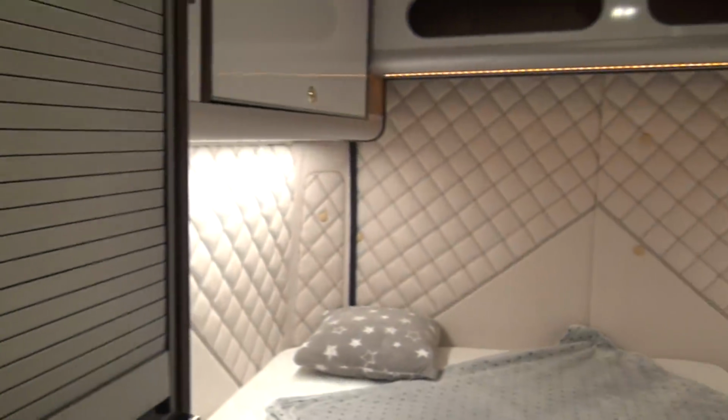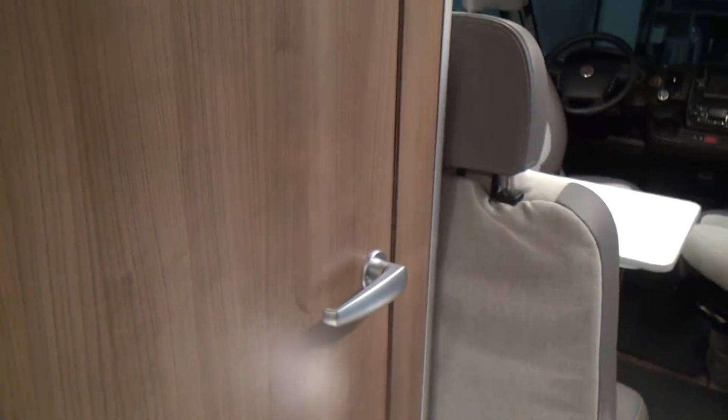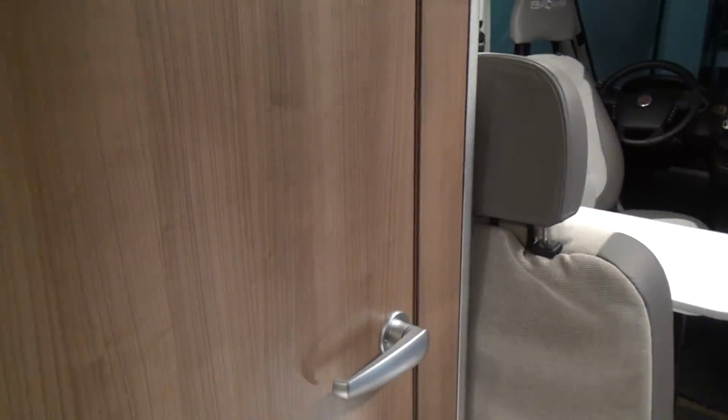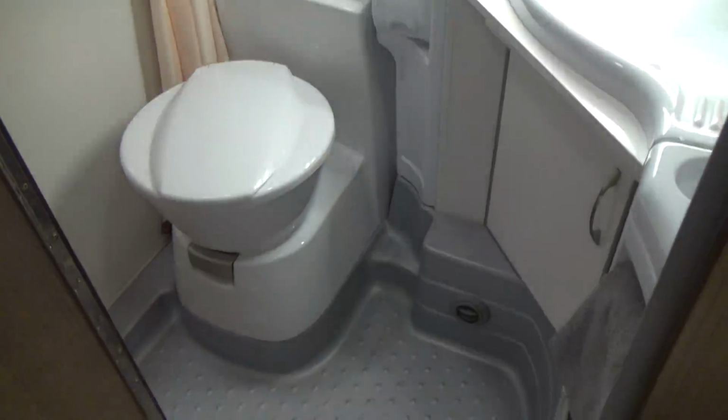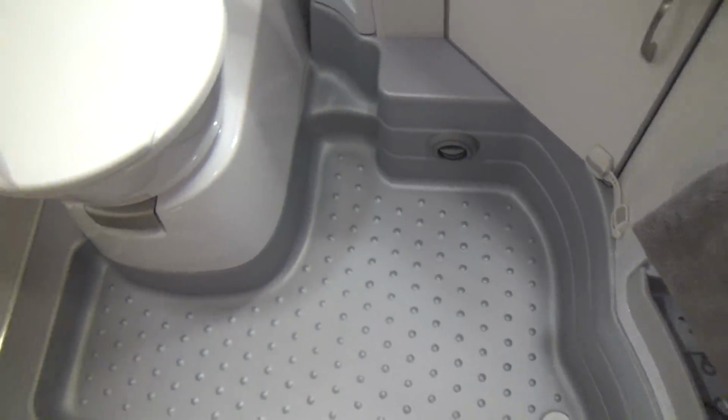Now below we've got cabinets on either side using these sliders, which I've also just put into my van as well. One of the unfortunate things is, however, they didn't use a slider on the bathroom, which I certainly would have done. But the wet room, as you can see, it's pretty large. We've got an enormous, for such a small van,